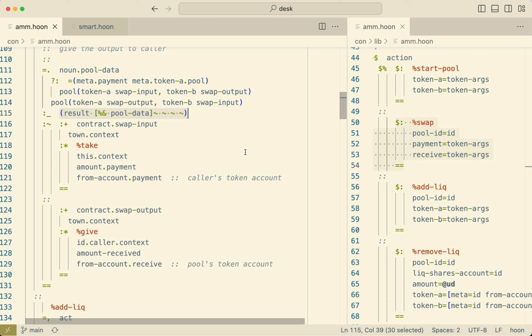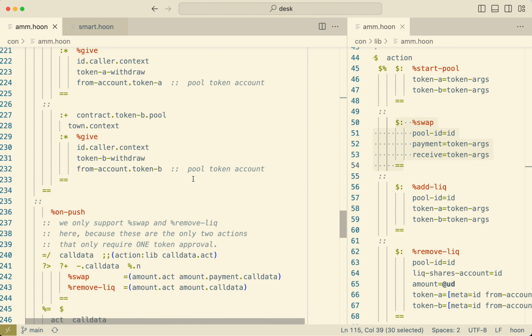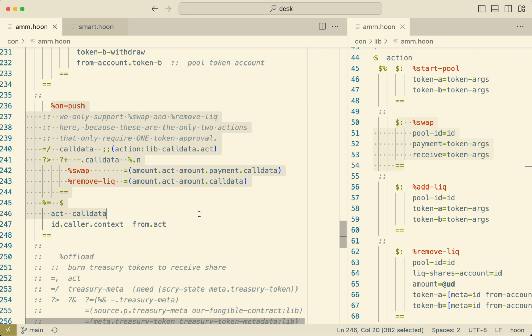So the first thing that happens is I call the push function on the fungible because I want to switch the fungible token to some ETH or something else. The only thing that does is change the state in the fungible token, adds an allowance to this contract, and then makes a continuation call to this contract. What this does is we go here. We only support swap and remove liquidity currently because they only require one approval. We take that call data that the fungible contract passed us. We check some things, like if it's swap or remove liquidity,